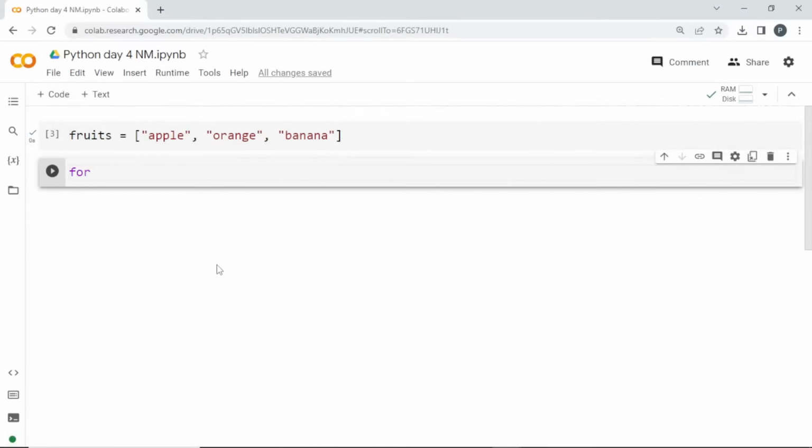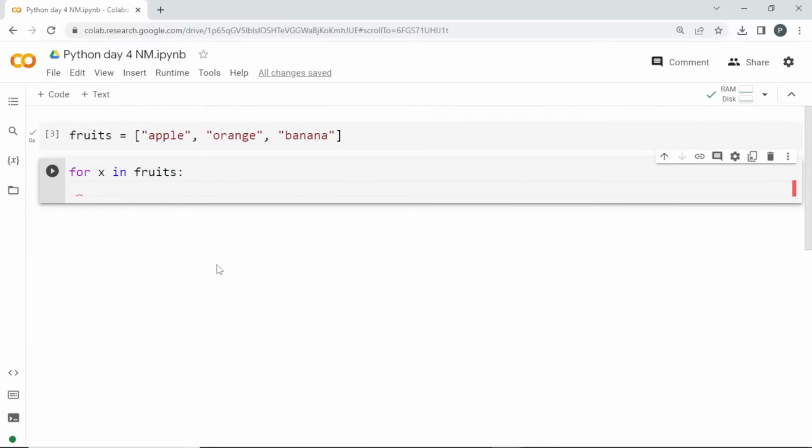For. I'll start with for. Now I have to give a new variable, right? I can create any variable. I'll just create x for now. x in, and then where you are going to iterate from. You are going to iterate over this list stored in this variable fruits. I'll call that, and inside is the body of the for loop. So I'll just print x. Okay, so if I run this,